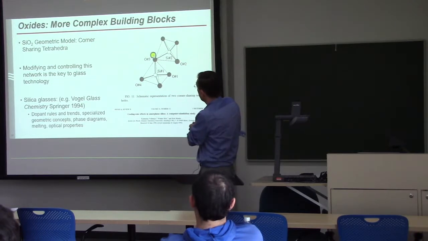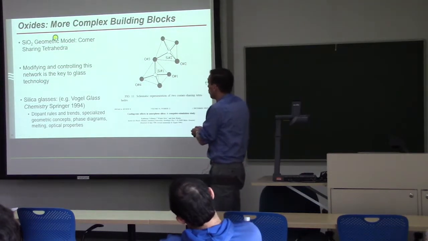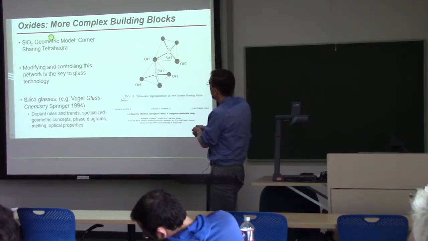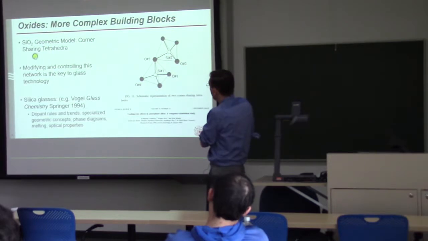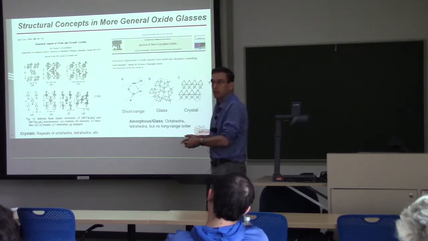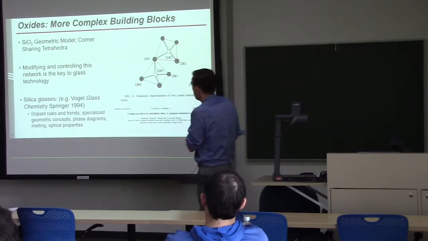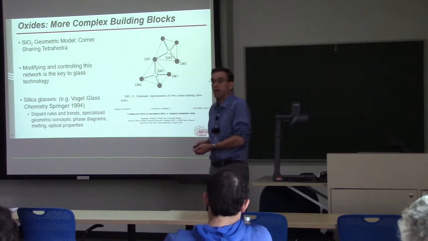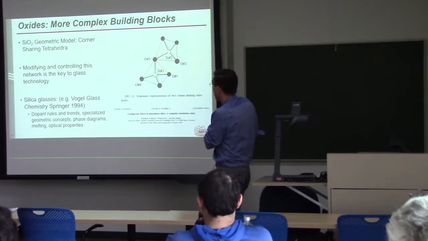In SiO2, you'll find that there are tetrahedra, and the correct way to build a glass out of this, like quartz, is to have these tetrahedra share corners, and just build a solid where you follow that rule. If you want to modify the properties of the glass, you have to disrupt that network, change it. And that's done in glass technology all the time.